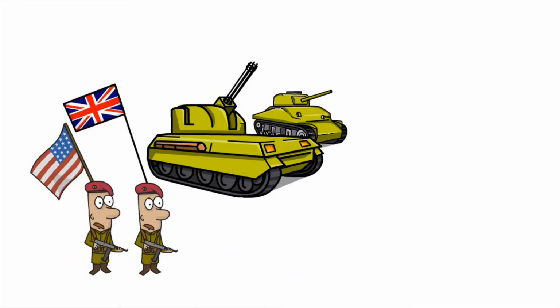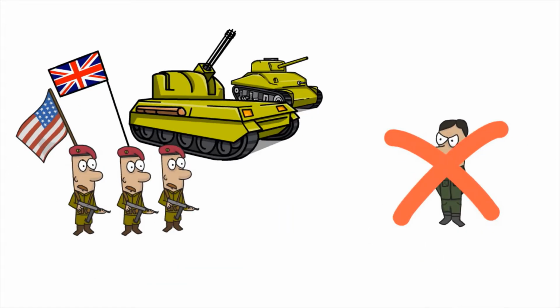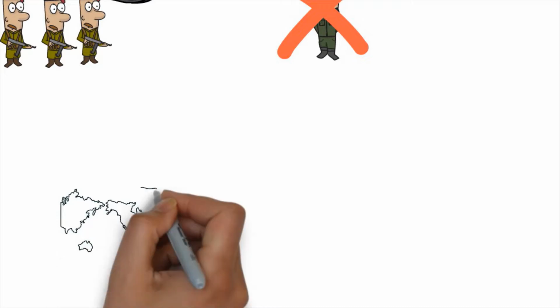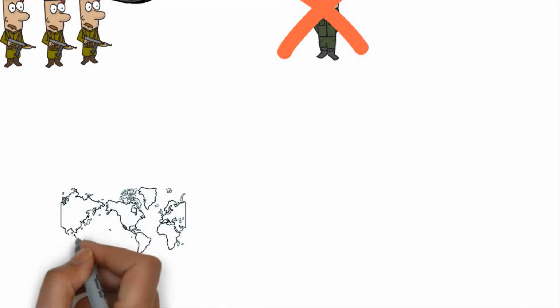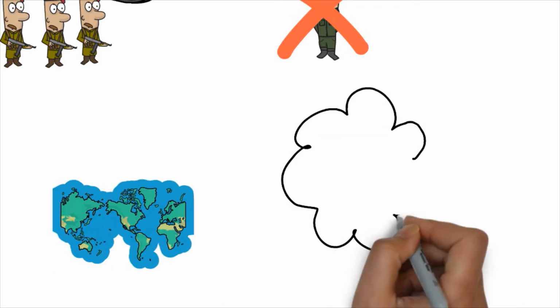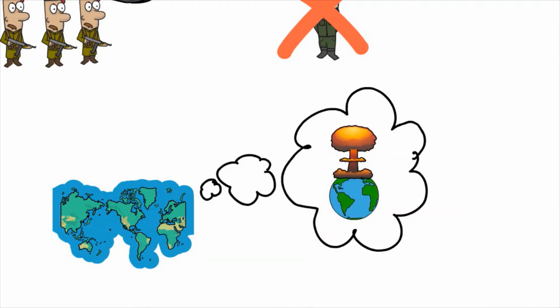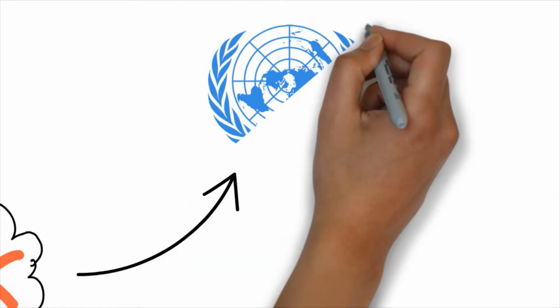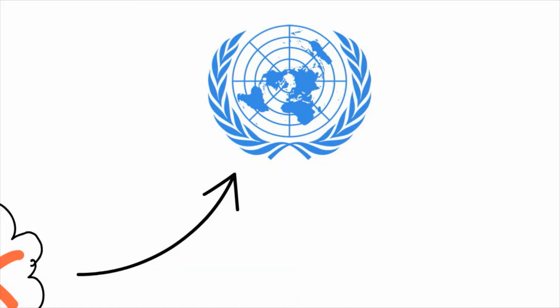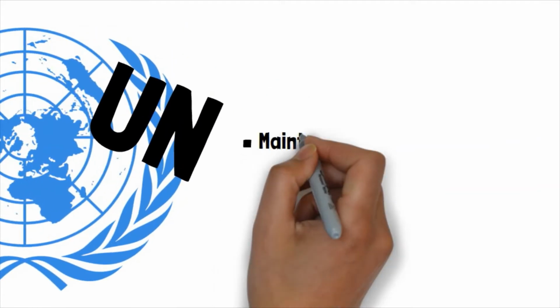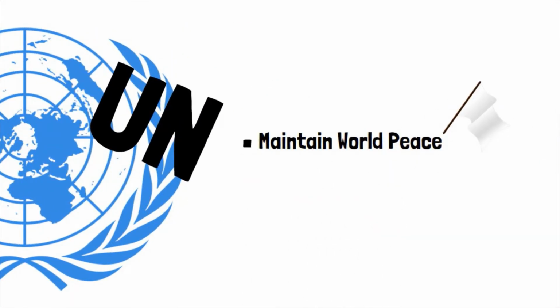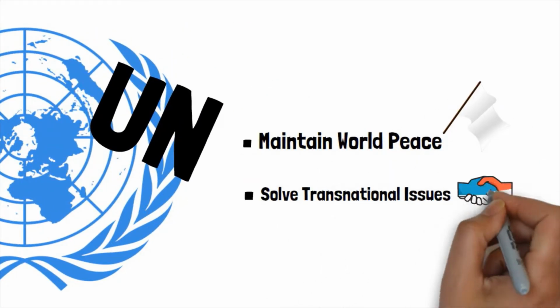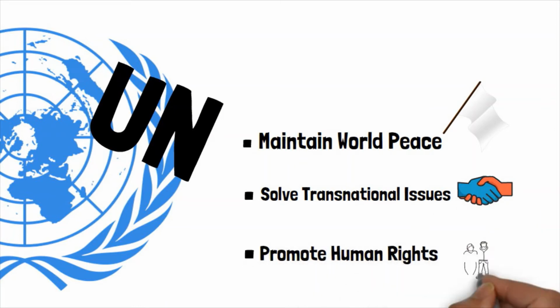In 1945, World War II ended. Even before the last shots were fired, countries all over the world decided they didn't want another world war. To help prevent a World War III, 51 nations came together and formed an international organization called the United Nations, or the UN. The UN was formed to maintain international peace, help countries solve transnational issues, and promote human rights,